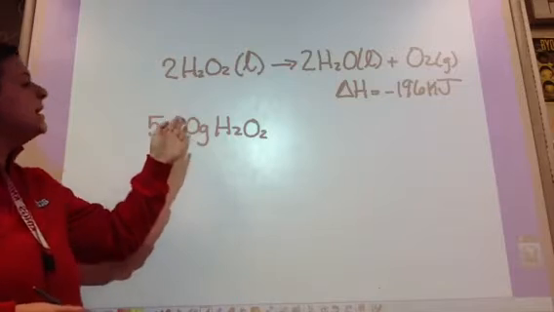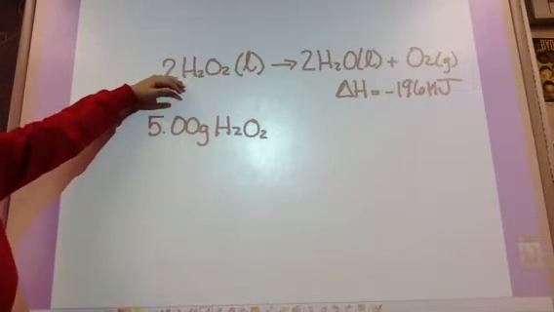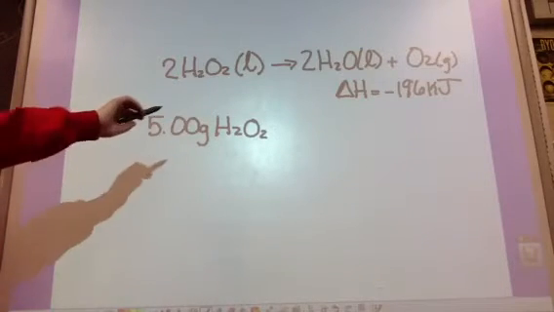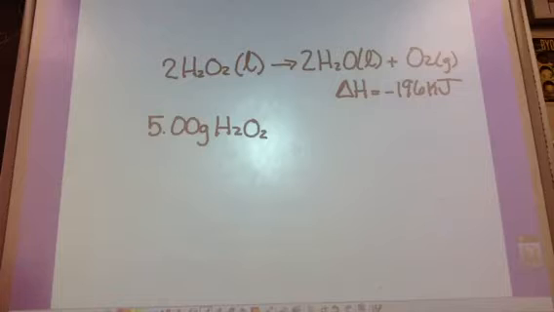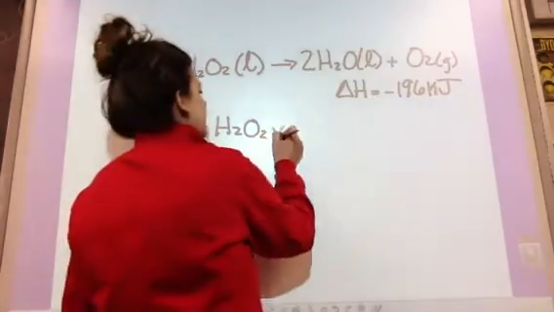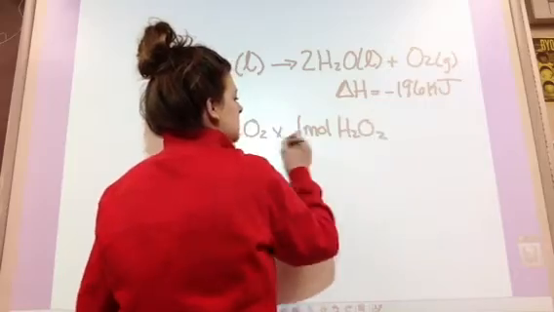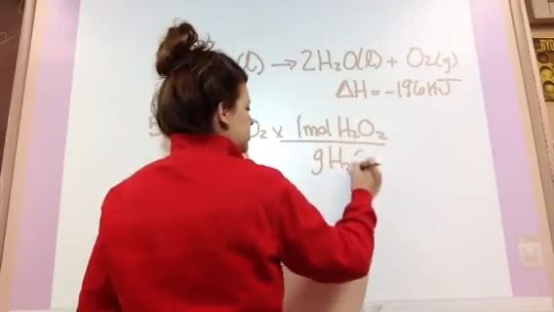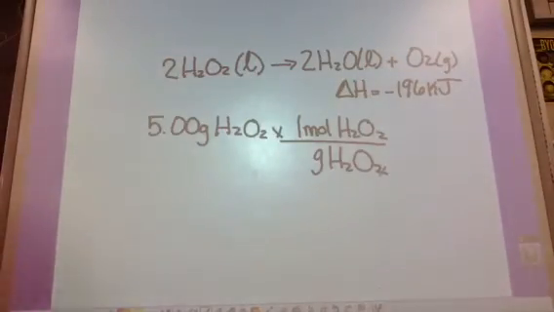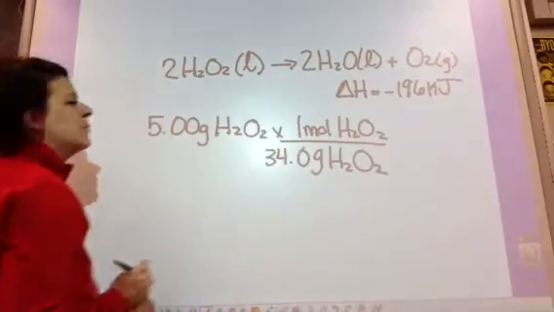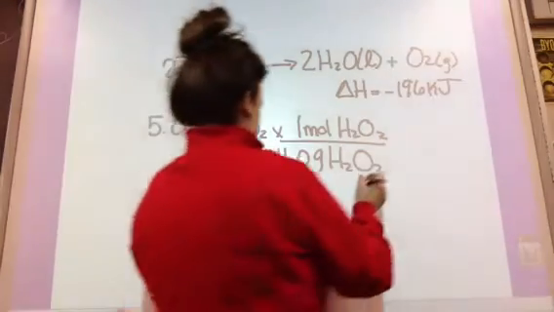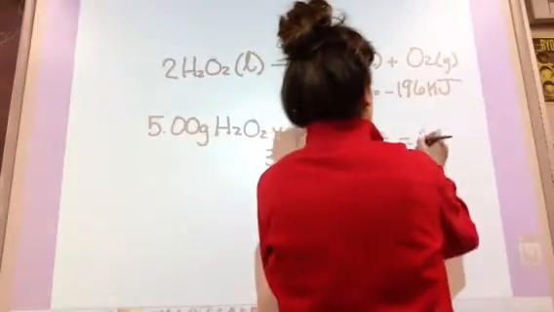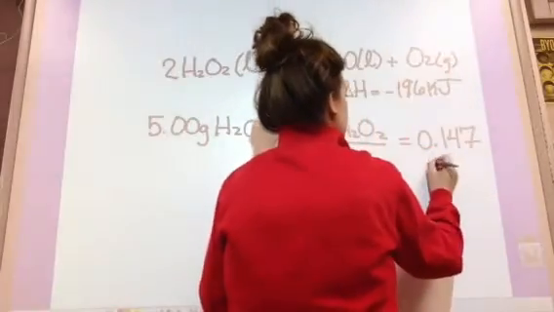So I have grams, and I know that 2 moles of hydrogen peroxide in this reaction is going to make my negative 196 kilojoules. So I need to figure out, though, these 5 grams of H2O2. So let's convert grams of hydrogen peroxide to moles of hydrogen peroxide. So 1 mole of H2O2 over grams of H2O2. And if I found my molar mass, I would know that would be 34.0. And so if I take 5 and divide that by 34, that's going to give me 0.147 moles